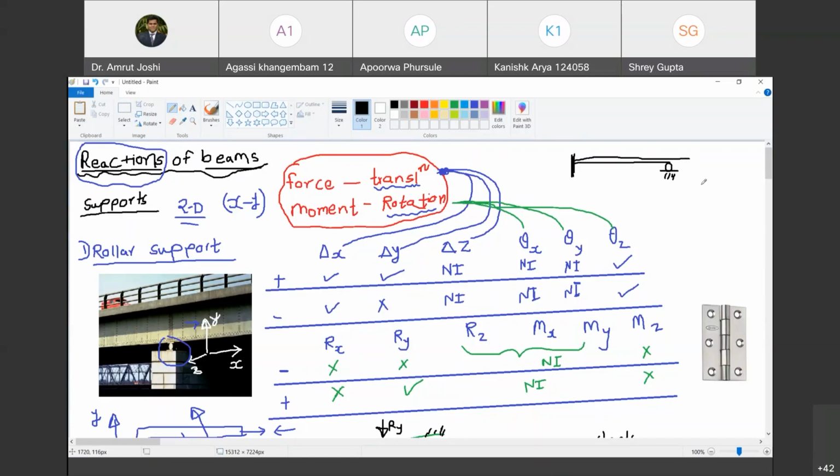If you do not have that provision, if both the ends are fixed, and now temperature rises by 40 degrees Celsius, what is going to happen? The member tries to expand, but it is not allowed to do so. So in the process, there will be stresses or forces developed in the bridge. Are you with me? So to avoid that, we give a roller support at one place and either a hinge or fixed support at the other place. You got the answer? Okay. So now let us go ahead.